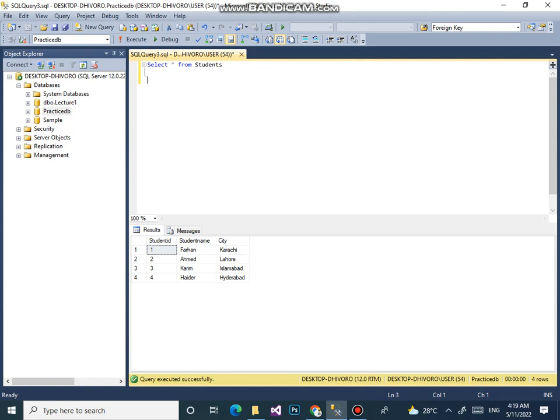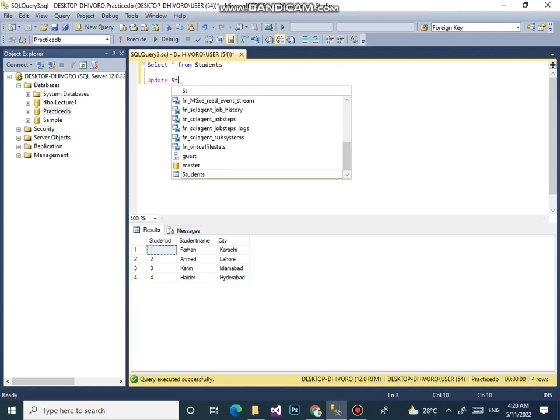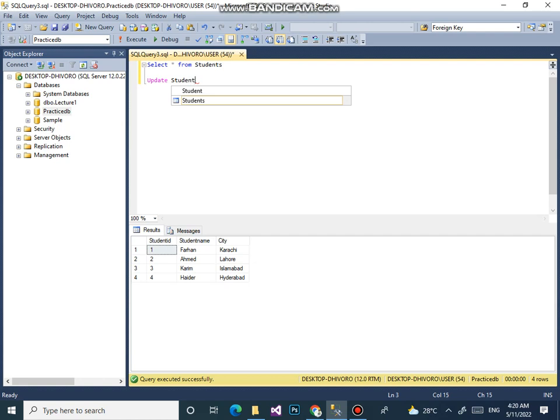Now I want to update this record. This student name says Farhan, so I want to update this name. So how can I update this name? For getting the desired result, I will use the update query. Update, now the table name, that is students. Update students set